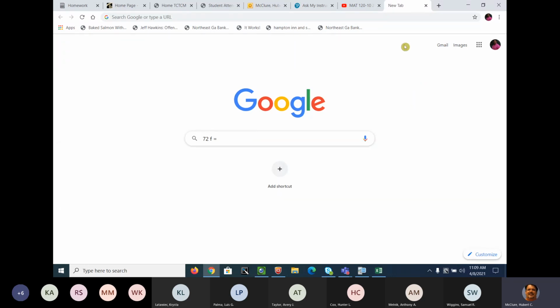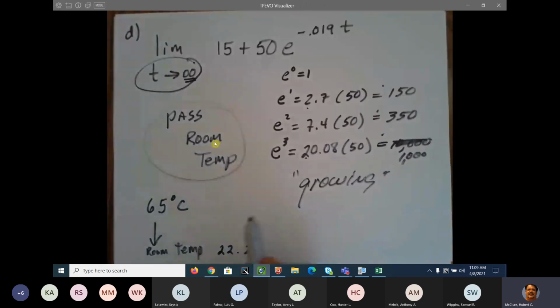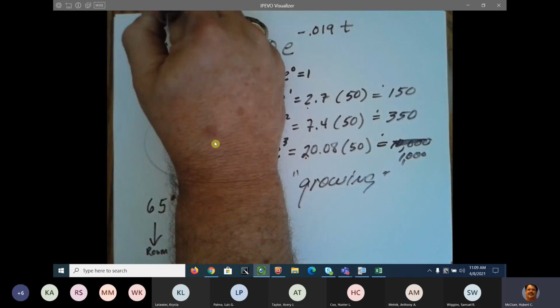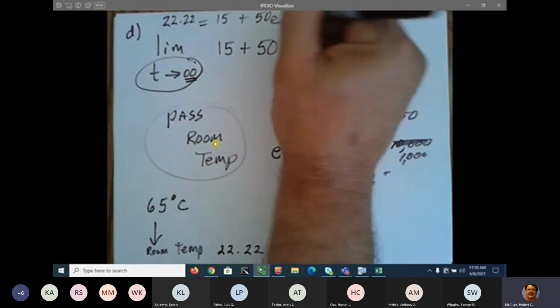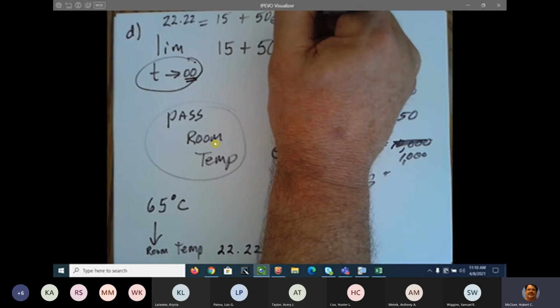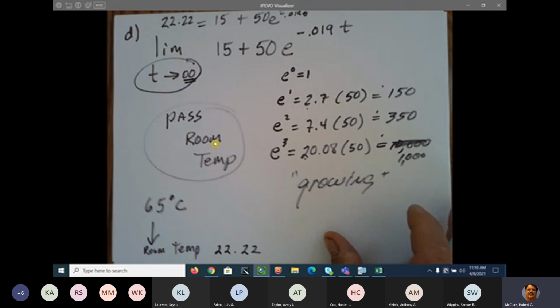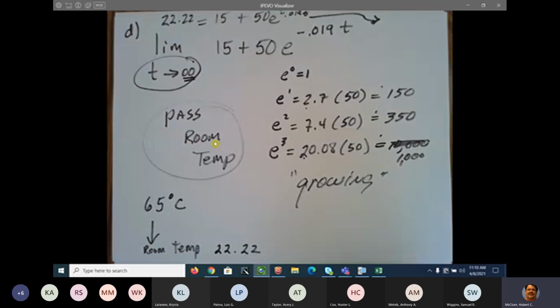So I guess what they're trying to get you to see is that eventually, you could set your equation equal to 22.22 is equal to 15 plus 50 e to the negative 0.019t. Let's go ahead and calculate it. Okay, let's see, we're already over. But that would be the calculating, and you would get something like, I don't know, how much was it with